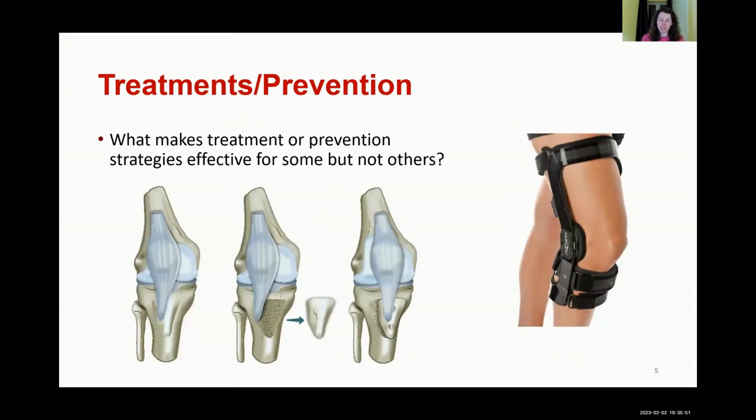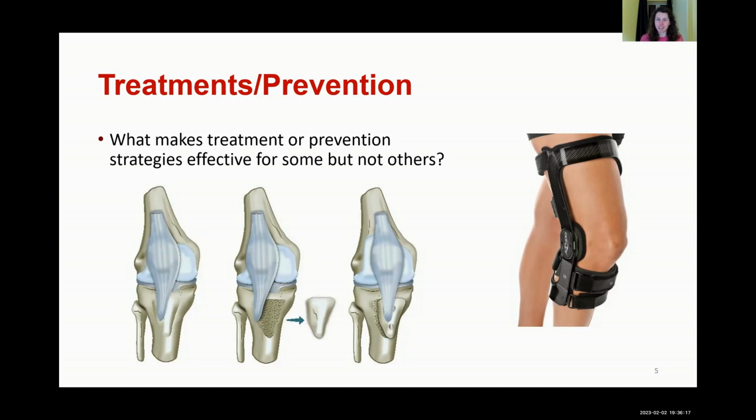And then the other thing we can hopefully do with that information is try to improve the treatment of those musculoskeletal disorders and prevention. So if we can identify early that somebody's going to be at risk of this, maybe we can intervene, do something to stop it from happening. Or if it's already happened and they're having some kind of issue, how can we find the best treatment? So if we can understand how